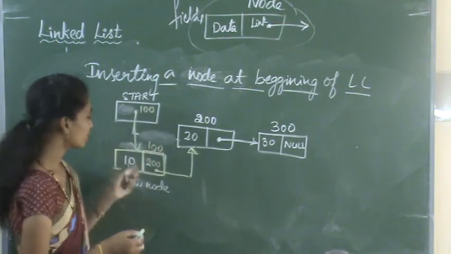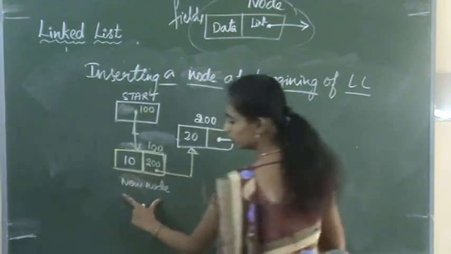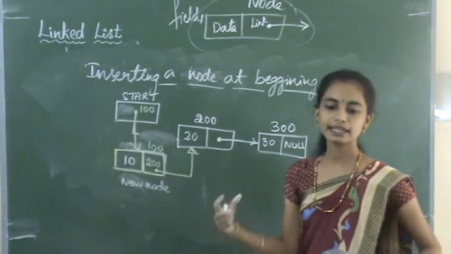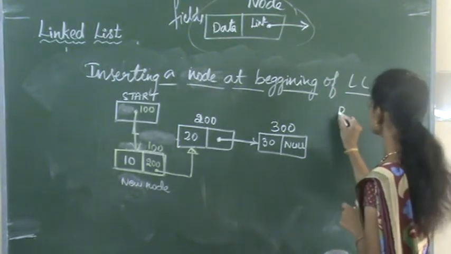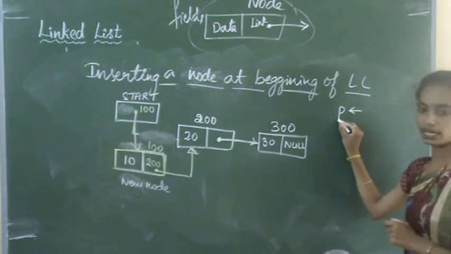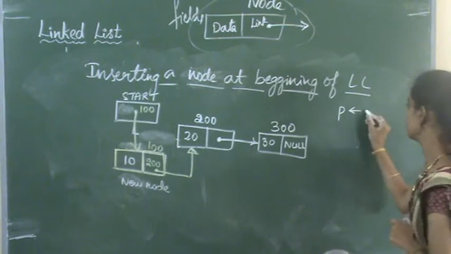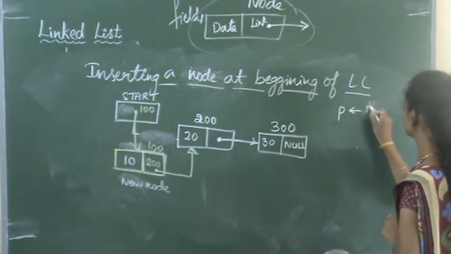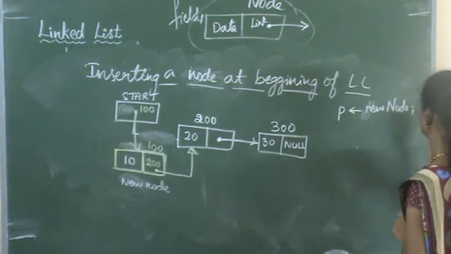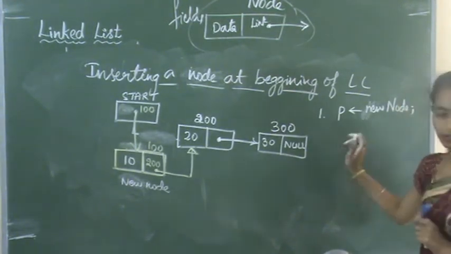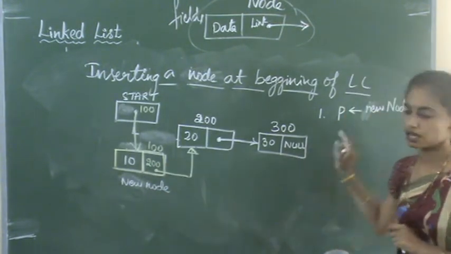So this is how we have to insert a new node into the linked list at the beginning of the linked list. For this, how will we write the code? First we need to create a new node, right? We create a new node with the help of the new keyword. I am taking one temporarily stored pointer, which is a newly created variable, and with it I am creating a new node. Okay, this is the first step. First I created one node.